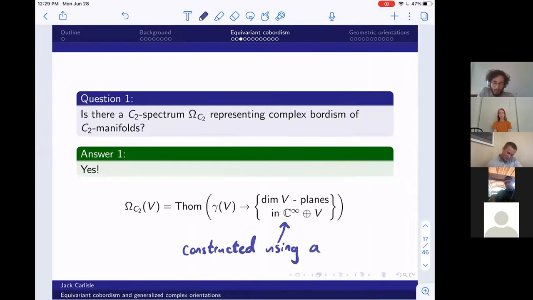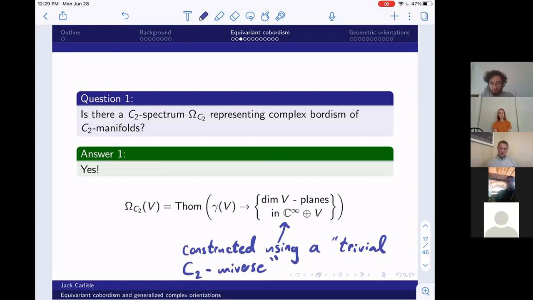using a so-called trivial C2 universe. The idea is that any C2 spectrum associates to any complex C2 representation V some based C2 space. And we're defining the spectrum omega C2 to assign to the C2 representation V the Thom complex of the tautological vector bundle over this equivariant Grassmannian. So it's a little convoluted, but the point is just that it's some spectrum which is constructed using a trivial